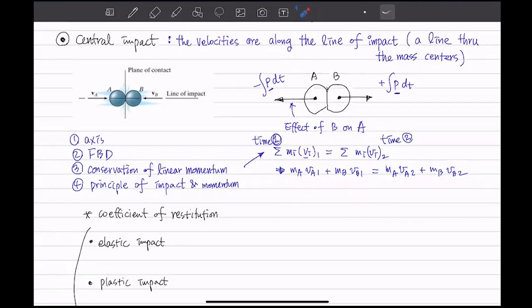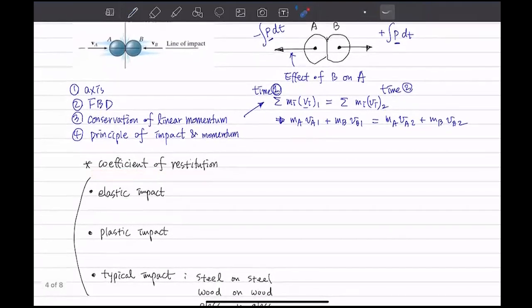And this thing is what we're going to learn today. The principle of impact and momentum is actually, we want to talk about this coefficient of restitution. We generally utilize this e, and e is a ratio,